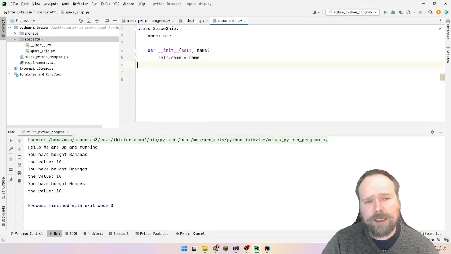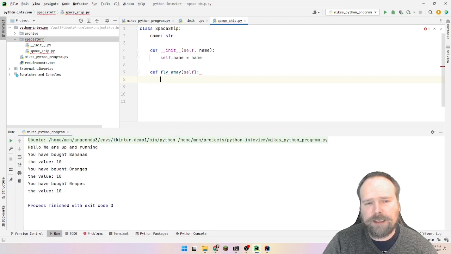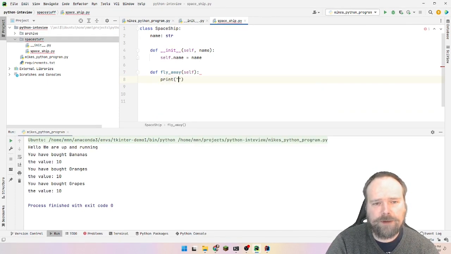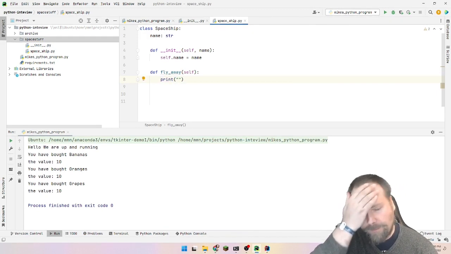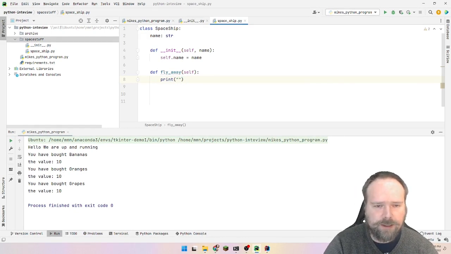So this is a spaceship. Okay, I'll give it a function right here, which could be fly_away, and you can see it always takes self. That's because then you have a reference to this object that you are dealing with right here. That means that I can write print something right here, and then we will format the string. So we'll say flying away with the spaceship